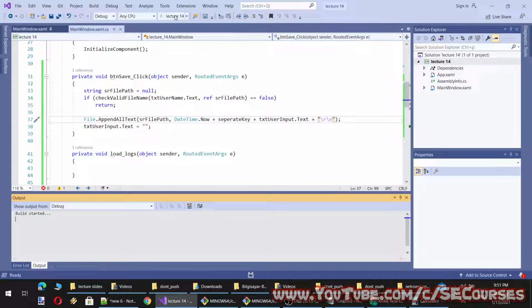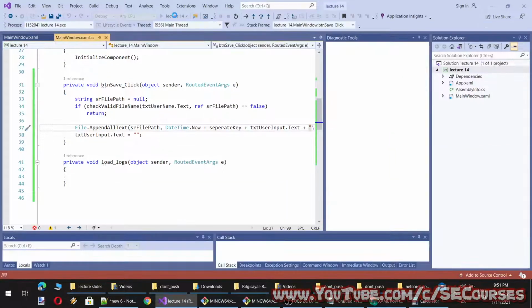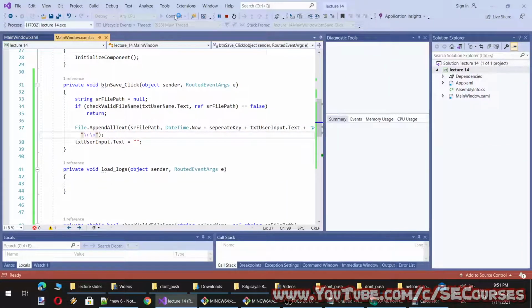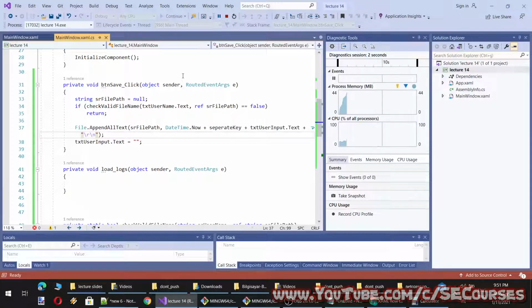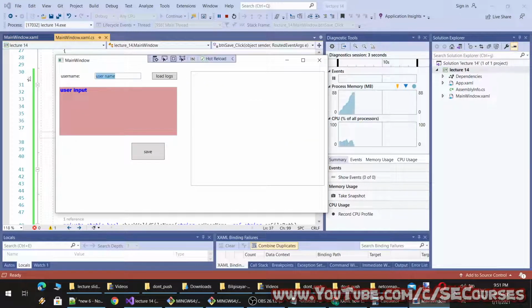Let's run it again. Okay, it is saved and no error is given.